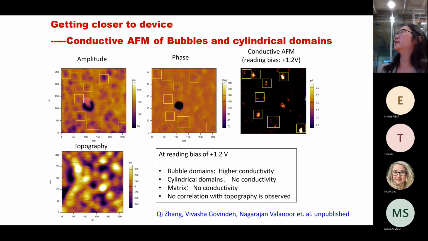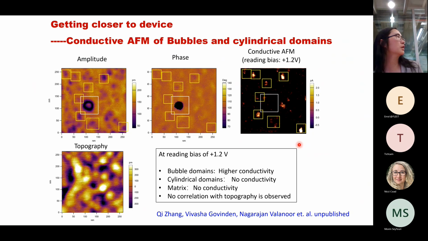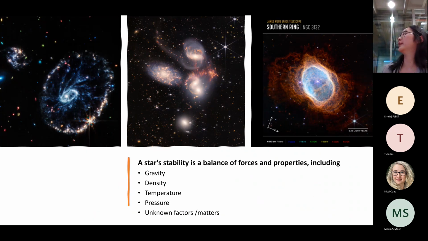So we created this cylindrical domain, and we found that these cylindrical domain areas show nothing. That means this high conductivity is not because of the domain wall. This also shows that our domains, as I mentioned, have no clear domain walls. So the domains have no domain walls, and the domain walls actually give no response. Okay. Then, next, let's take a break by enjoying these beautiful images